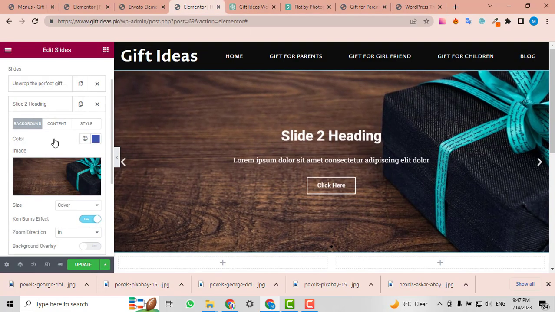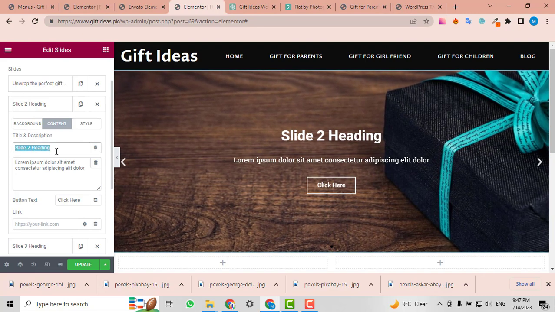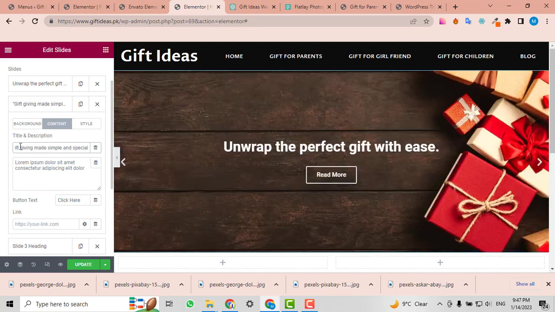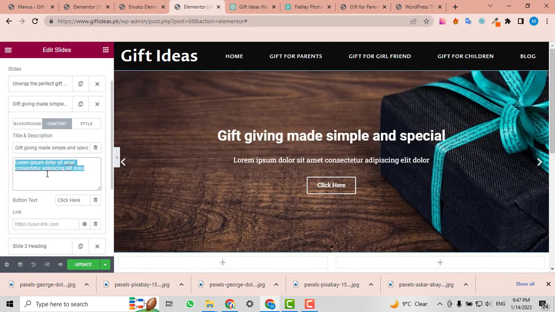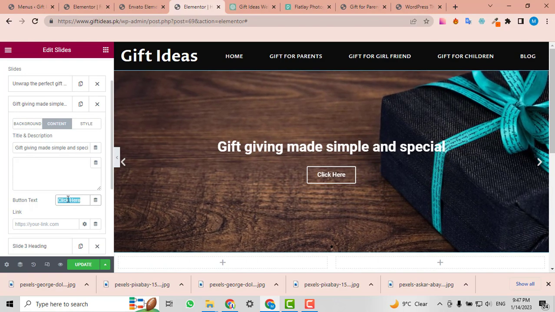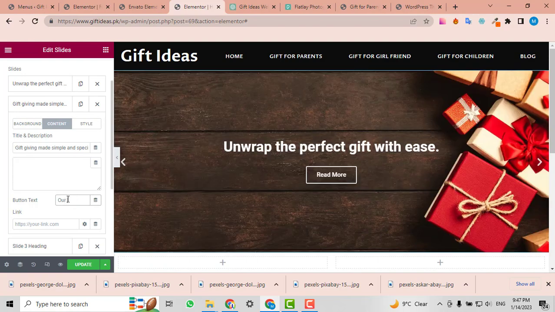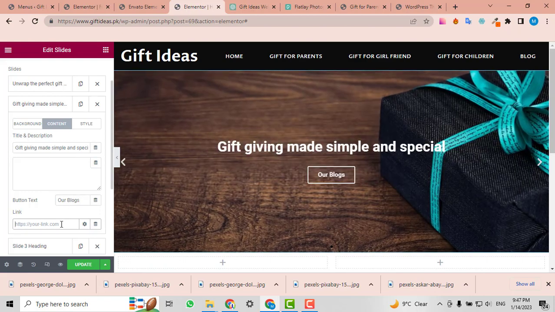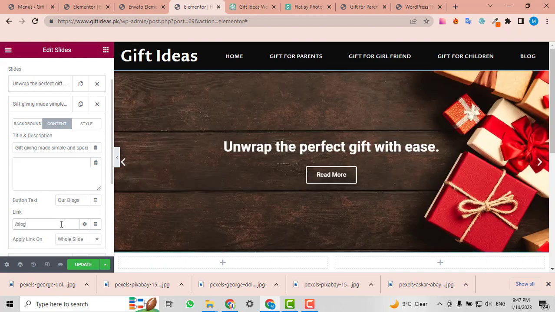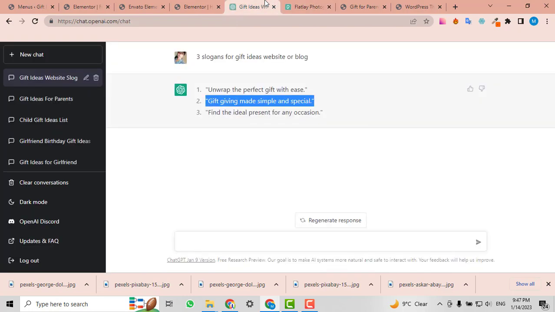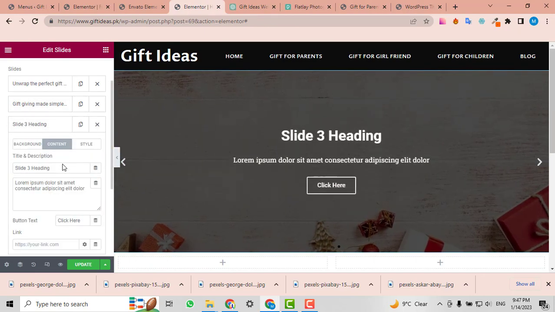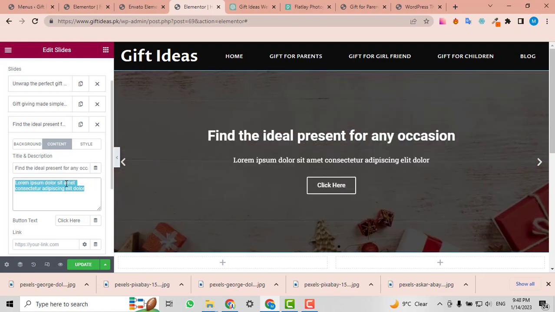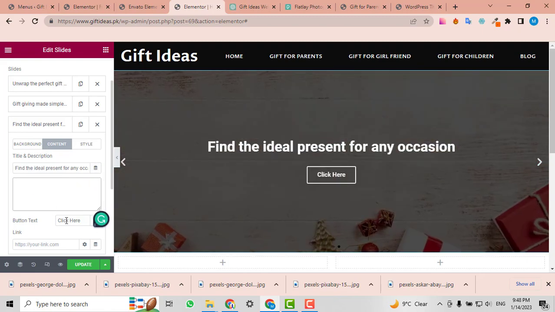So in the content I will just add this in the top and just remove the text, and here I will say our blogs, and here in the blogs I will just add it into the blog. Now this is the second slide, and in the third slide I will just copy that and just go there, add this in the third slide and just copy this, and in the click here I will say read more,